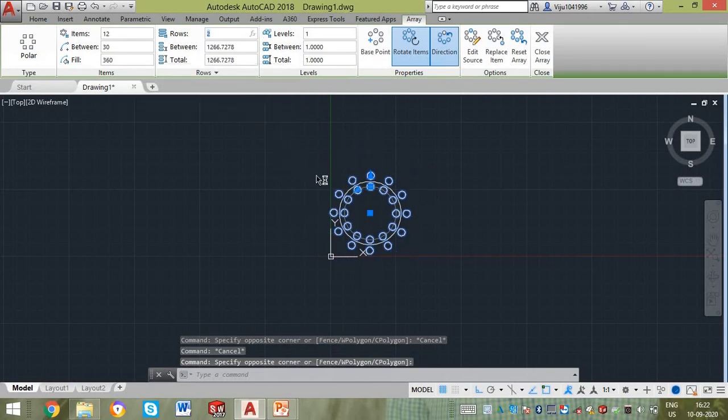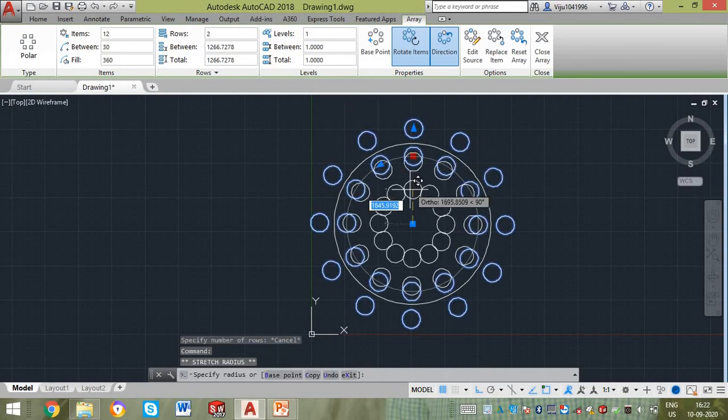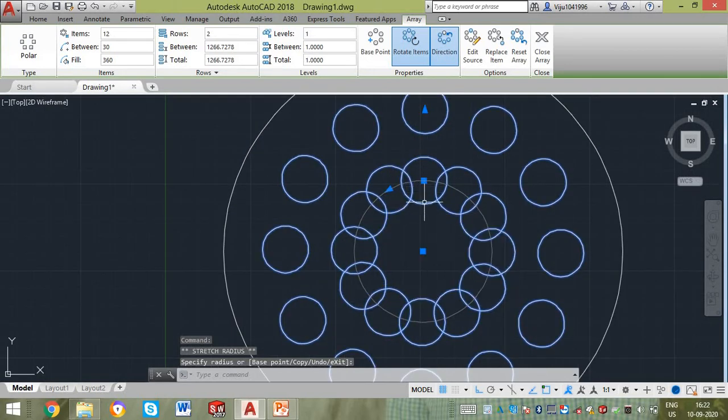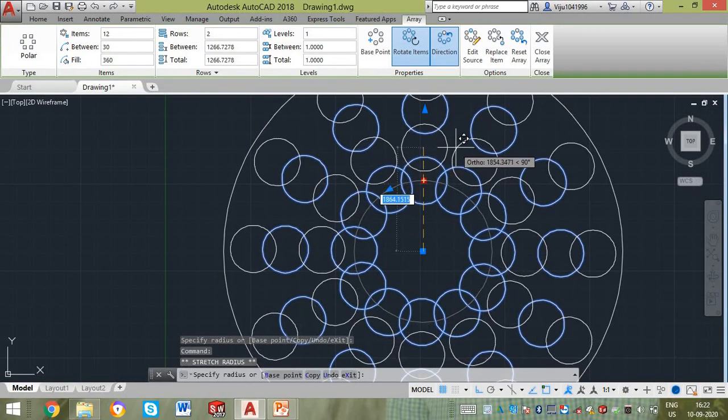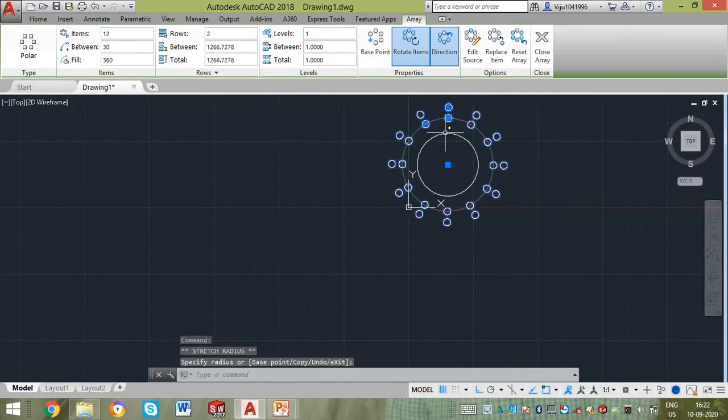You can alter the distance between the rows, or you can change the direction as well, but the direction sometimes will work, sometimes will not work. You can directly insert or directly move the original one inside, and you can alter and generate the pattern as you wish.